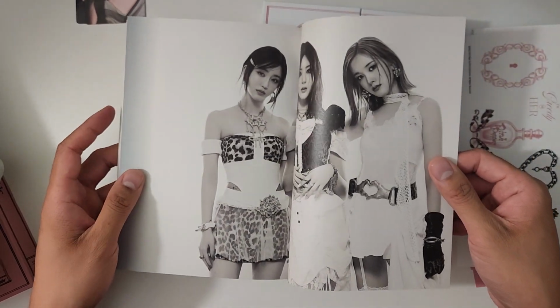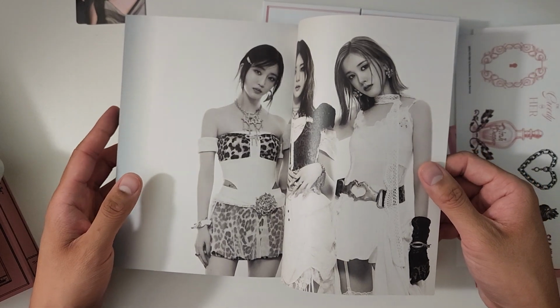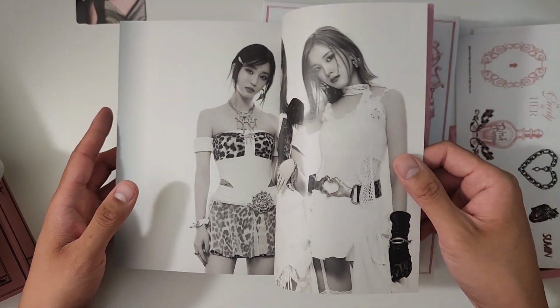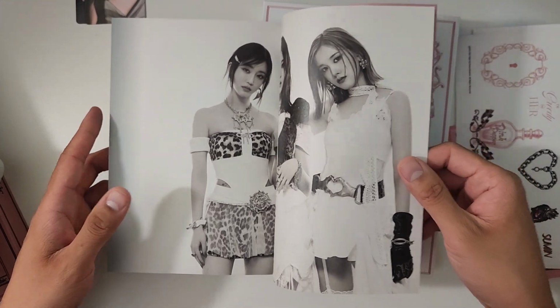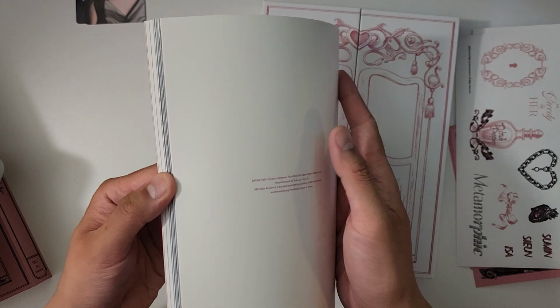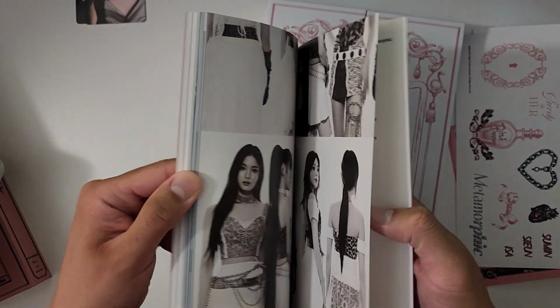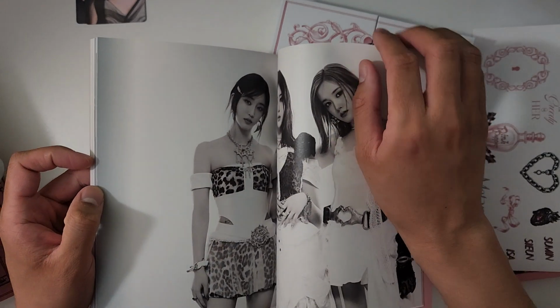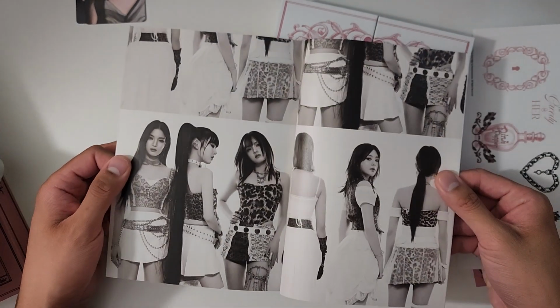again giving a very icy, very cold vibe, which is very different than other STAYC albums where it's very bright, sunny, right? If we think about Teen Fresh, it's very bright, very colorful. Like We Need Love, very naturey, very bright. This is a very dark concept for STAYC, and I really like it, even though it doesn't reflect the songs very well, because the songs are all over the place. I still think this is a really nice concept in terms of what they were trying to go for